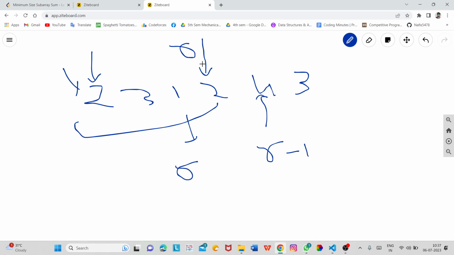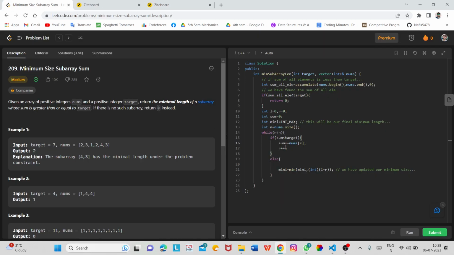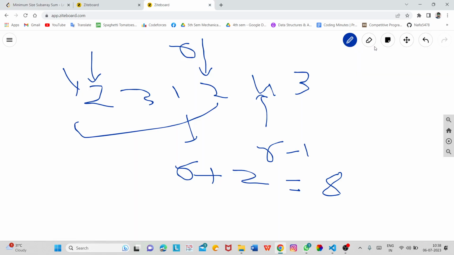When we were on this third index, we increased our sum, so the sum becomes 6 plus 2, which is 8. Now we have increased the sum, and correspondingly we are increasing the value of R. So again R is going to be on the next index, so basically our R will be shifting here.